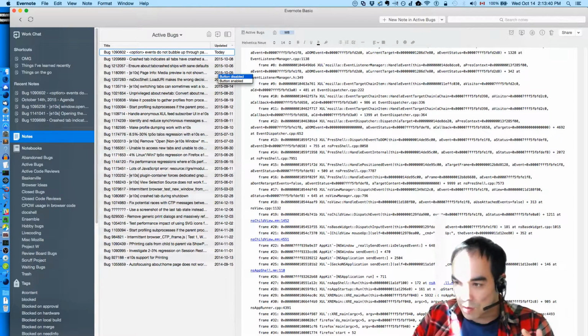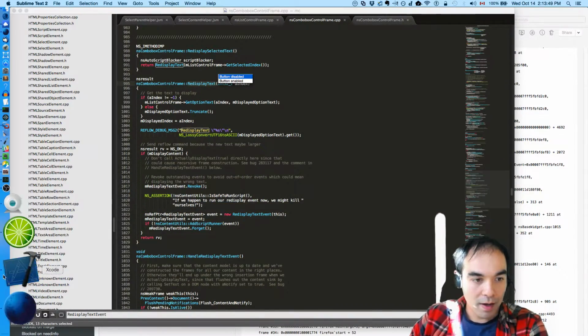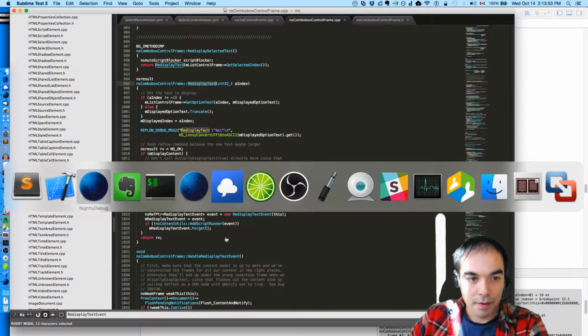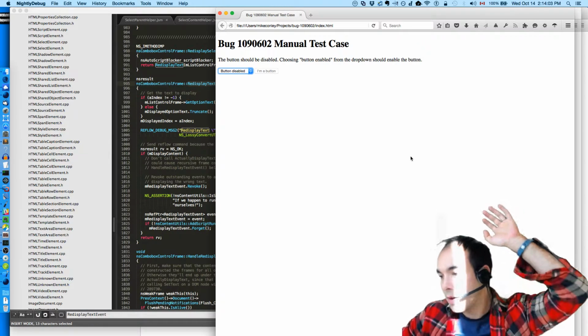Okay, that's the first thing. That's how I'm pretty sure these two relate to one another. This is an NS combo box control frame. This is an NS list box control frame. Pretty sure that's the relationship there.